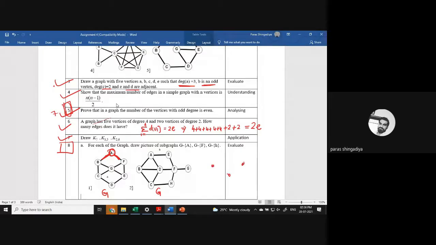That is a remaining graph, and that is a subgraph of the main graph. ठीक है. A यहाँ से निकल गया, उसके साथ दो एज थी वो भी निकल गई. ठीक है, G minus A means you have to delete the vertex A from this graph. Clear? So that is the answer of G minus A. You can compare that. That is a subgraph of this one. Okay, that is the first answer.